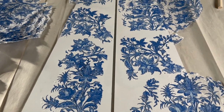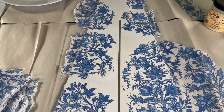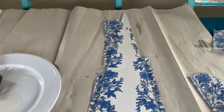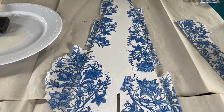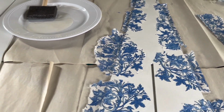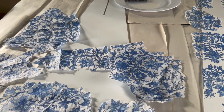This is how it's looking so far. I still need to get rid of this extra. I'll show you how I do that. And keeping always the middle empty without the napkin because it's where the other piece is going to slide in. See, the other piece needs to slide in, and so the middle part's gonna have to be